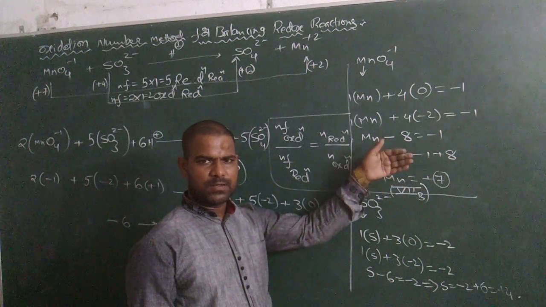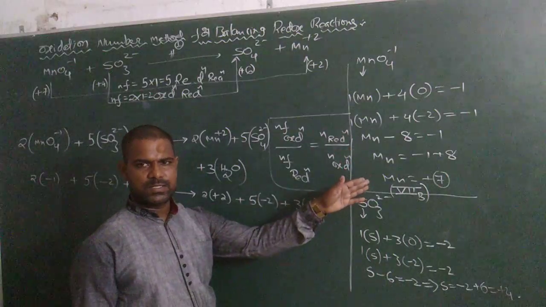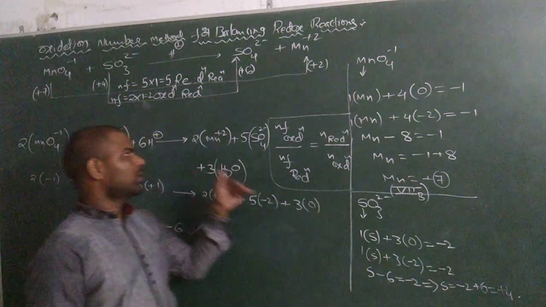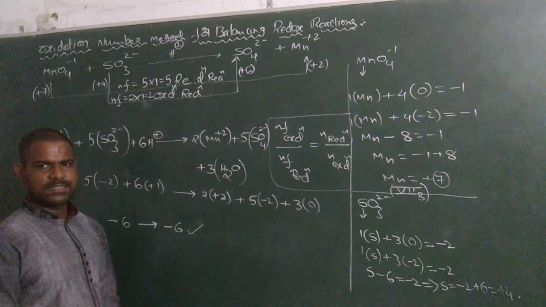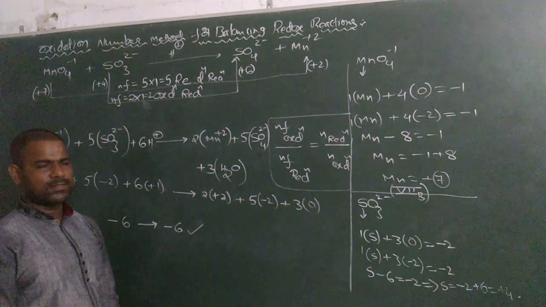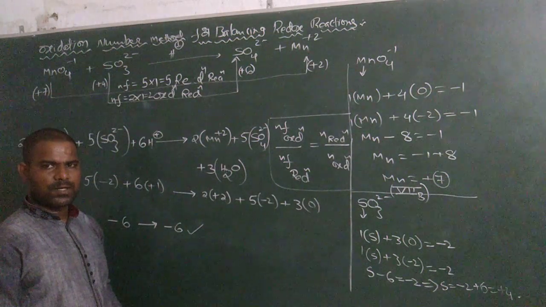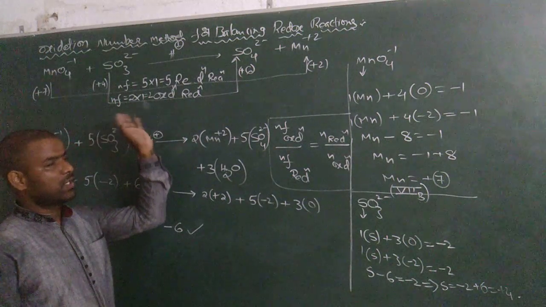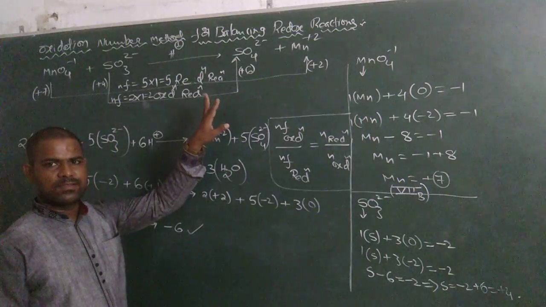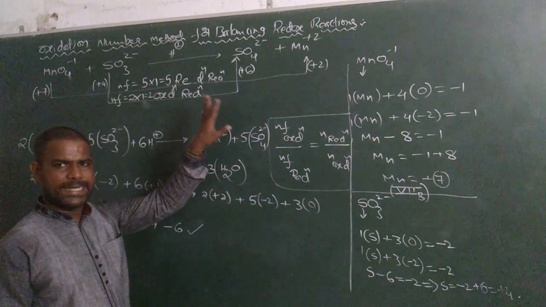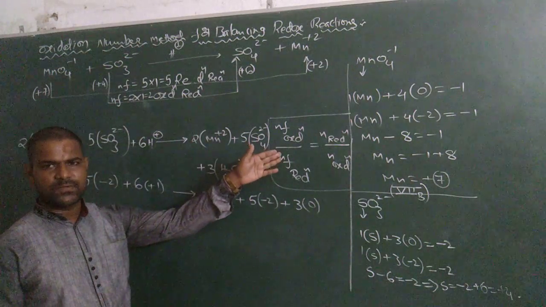peroxide and oxide form. By the way, after calculating the oxidation states of elements, we are going to write the change in oxidation state of the elements. Where the oxidation state increases, we call it an oxidation reaction; where the oxidation state of the element decreases, we call it a reduction reaction. After writing the reduction and oxidation reactions, we will take this formula.